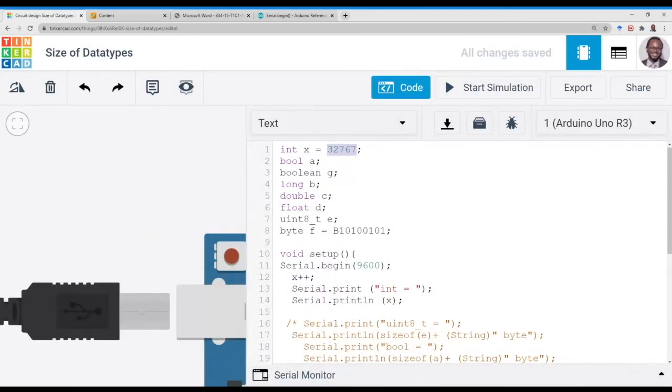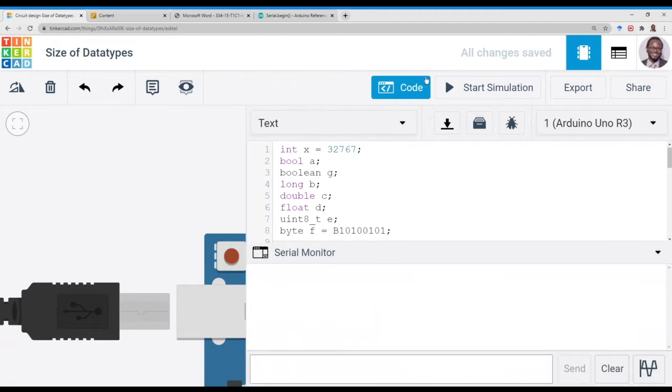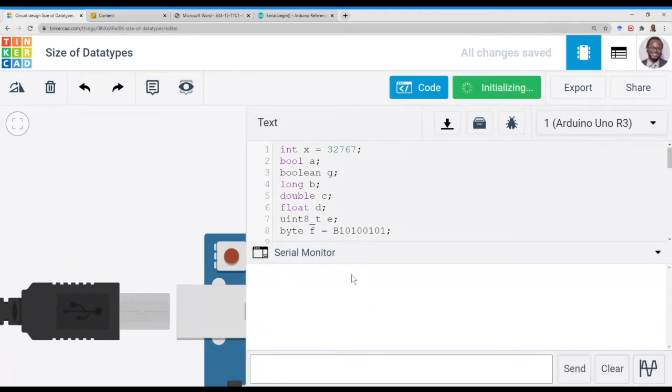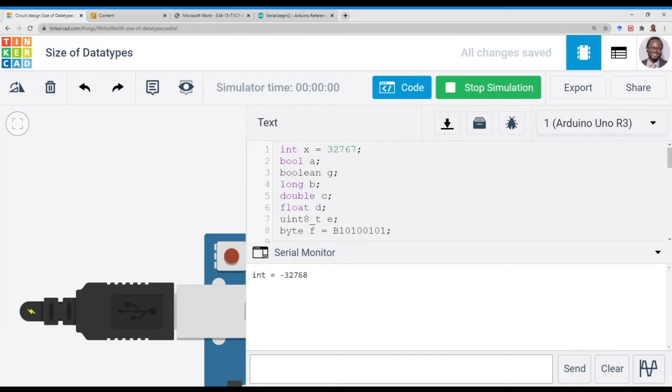I want two people to write the answers, what they think the answer will be if I increment this by 1. Okay, so let's try that now. We've got different views now. All right, let's try that now. We go into our serial monitor, and then we try the calculation to see what comes up. We get negative